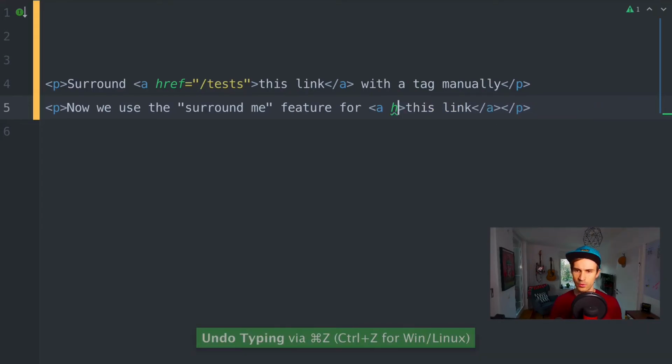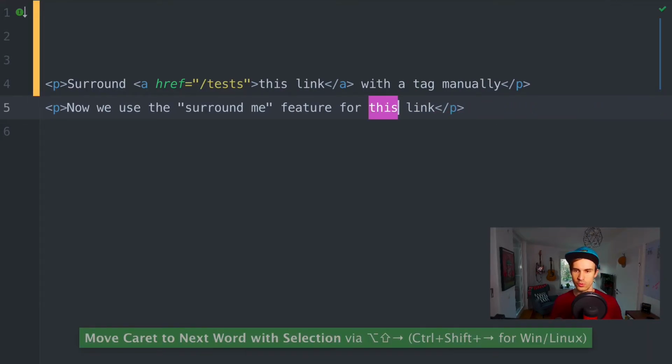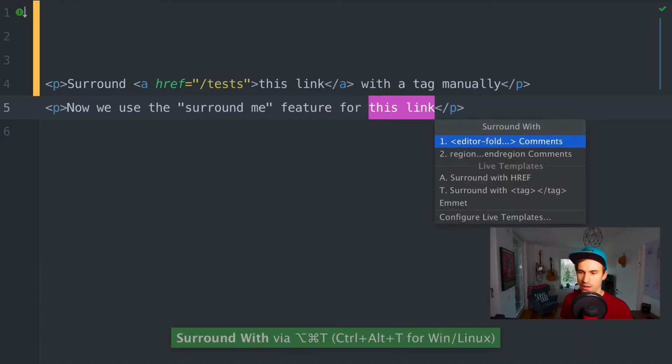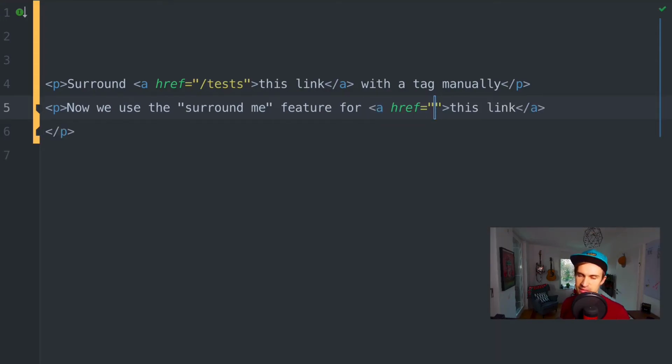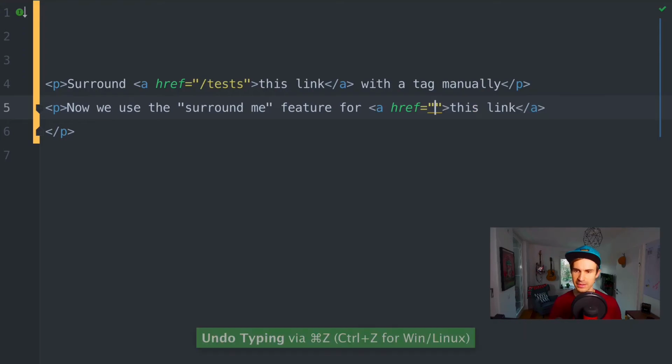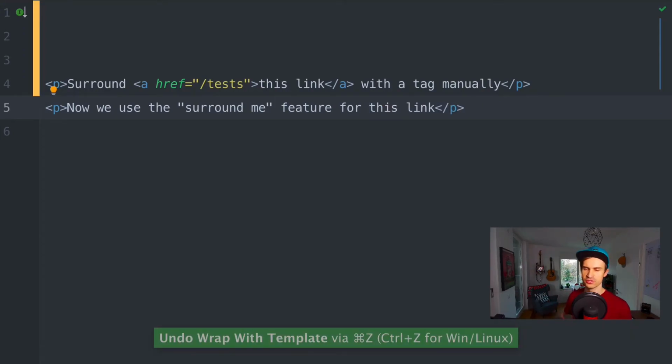Okay, but there are some more features regarding surround with. So let's check out the window again. As you can see, here is one template that I have already created, a custom surround with template. And what this does is it already adds the A tag and puts me here to write my destination. So this is how you can use custom surround with templates for your use case. And I needed this for my blog post a lot, so that's why I created one for that. And there's one more thing,